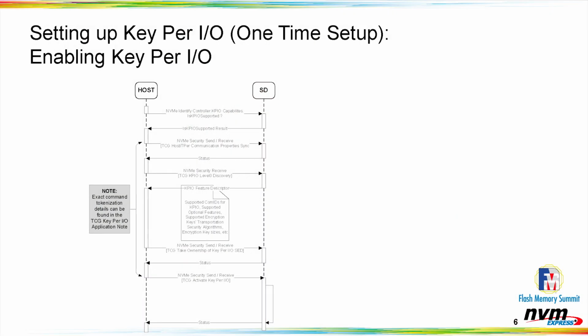Part of setting up: once you figure out what flavor of Keyprio you want, the next thing is to turn it on, right? Today, the presentation uses real APIs that are available in standards that are published today. The basic idea, for folks who have interacted with any of the self-encrypting drive protocols, is you basically use your SAM activation command, right? But depending on the flavor of Keyprio the device supports,